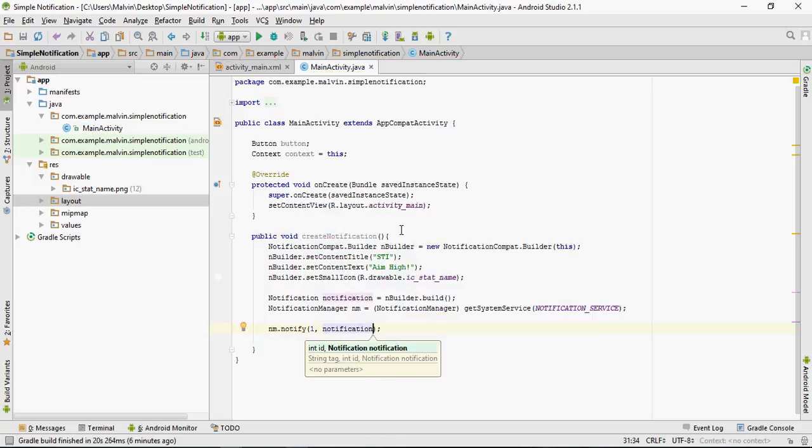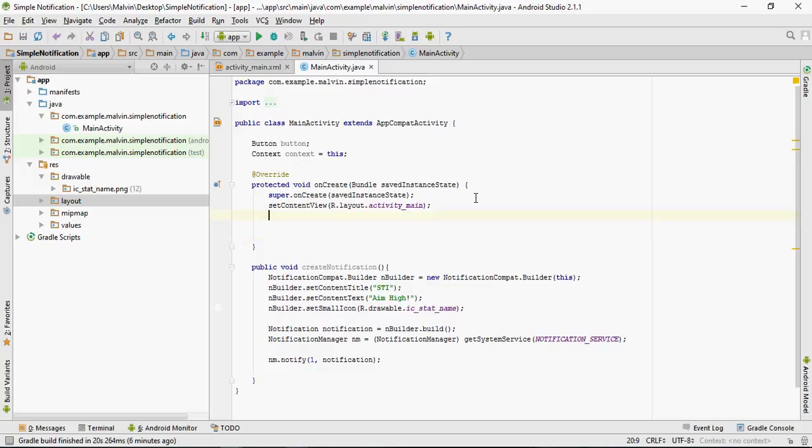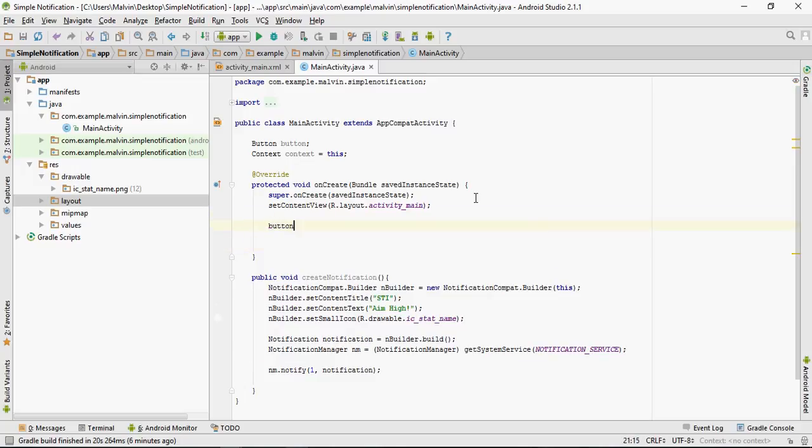So let's make our button clickable. So button, register our button globally.